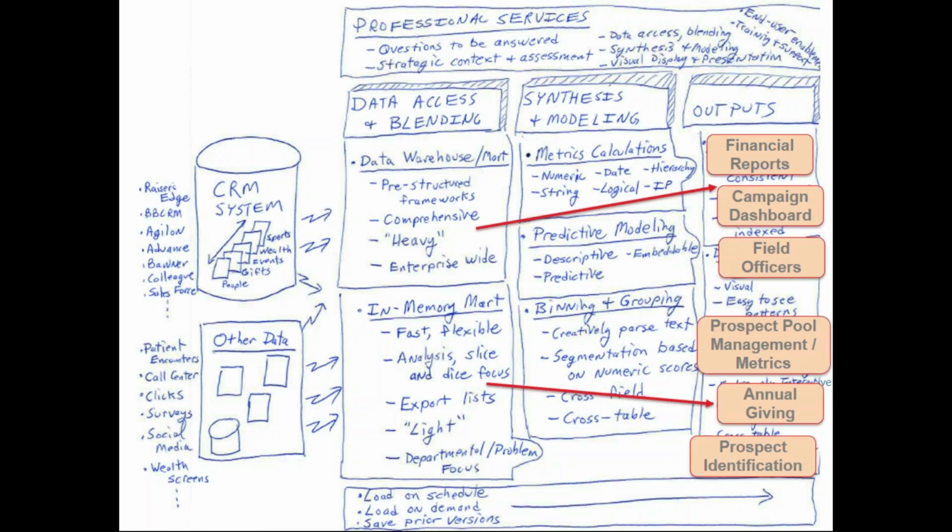And I guess another point on that question I would say is often the warehouse is taking these tables and flattening them and summarizing them, and they may not have all the detail, like all the gift transaction details stored in the warehouse, so they might not have the actual event attendance detail records or the newsletter click-throughs because they're not trying to do analysis, they're trying to push out reports. So they're more formatted, more flattened, probably somewhat reduced. Often, our in-memory MART can load from a data warehouse. So if there is one, we may grab a bunch of data from the warehouse because it's more structured and more flattened and conditioned, so that makes life easier. But then we're going to want to go grab the details on the clicks, on the gifts and so forth,